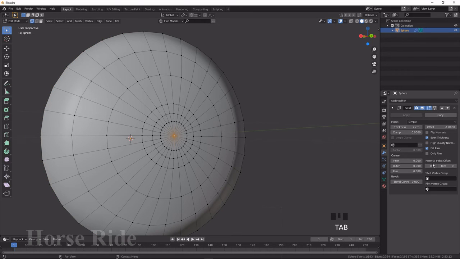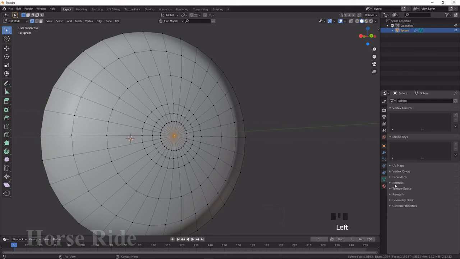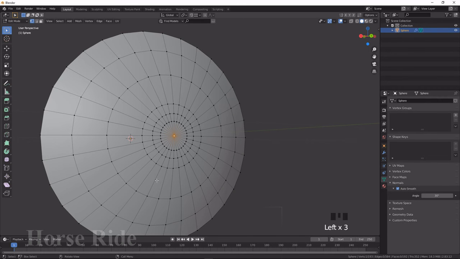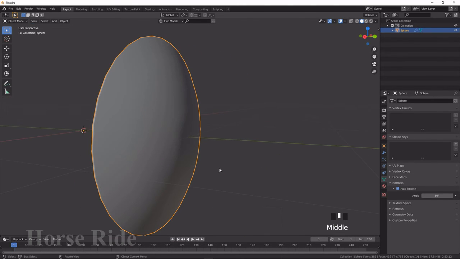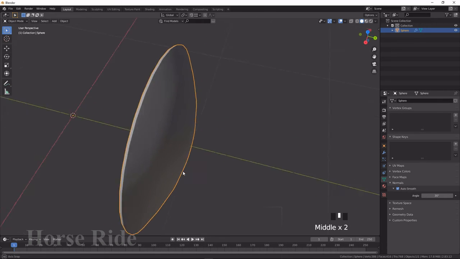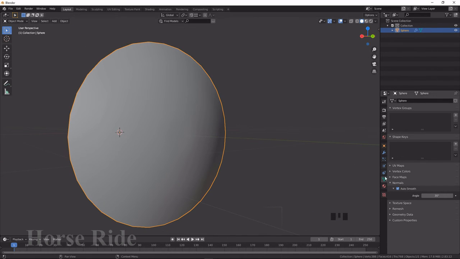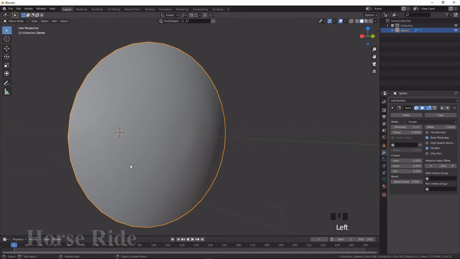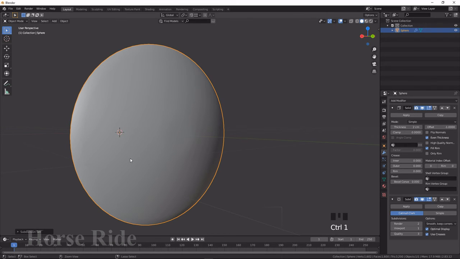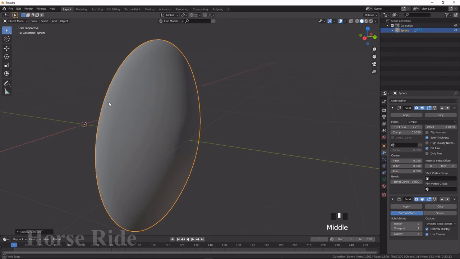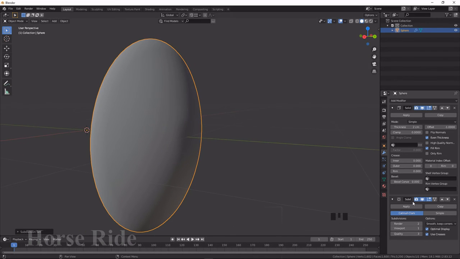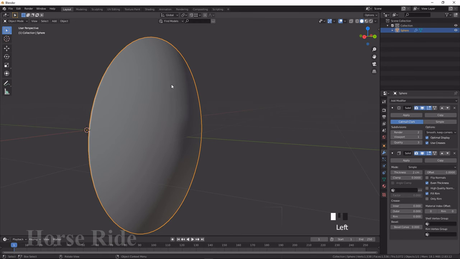So what I'm going to do here is go to Normals and click Auto Smooth. Now it's better, but in the corner you can see it's not a clear curve. So I press Ctrl 1 on the keyboard to add a subdivision modifier, but it doesn't look that sharp. So I'm going to move this subdivision modifier up.